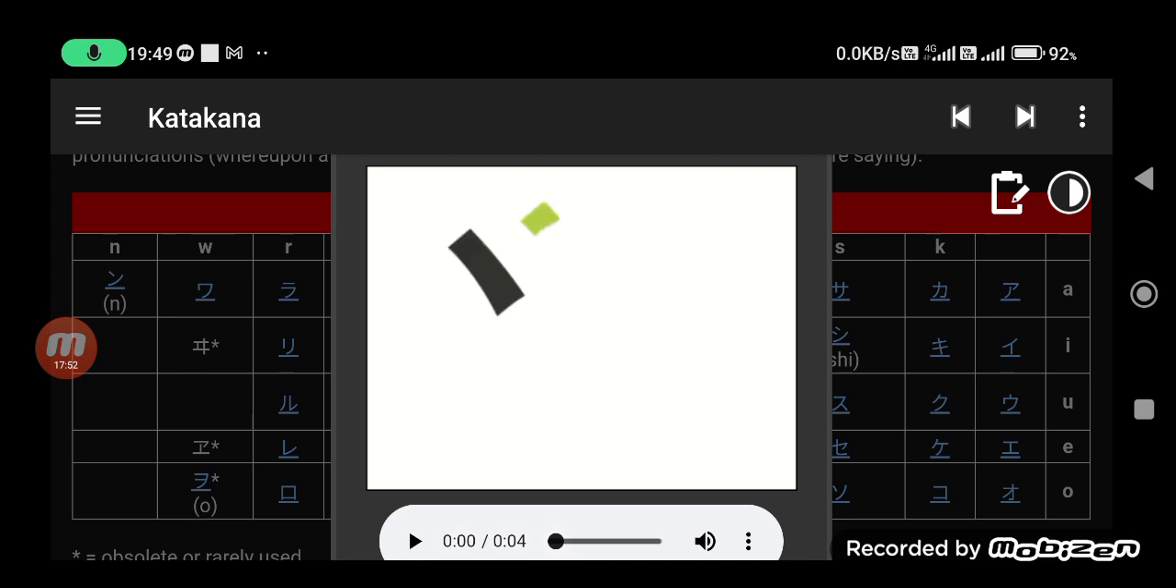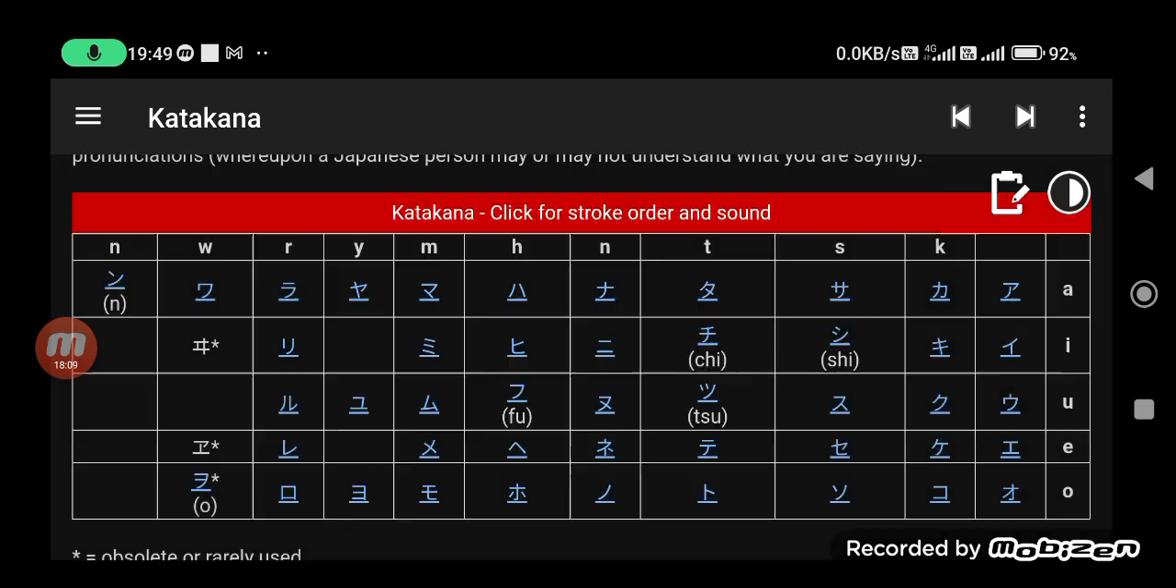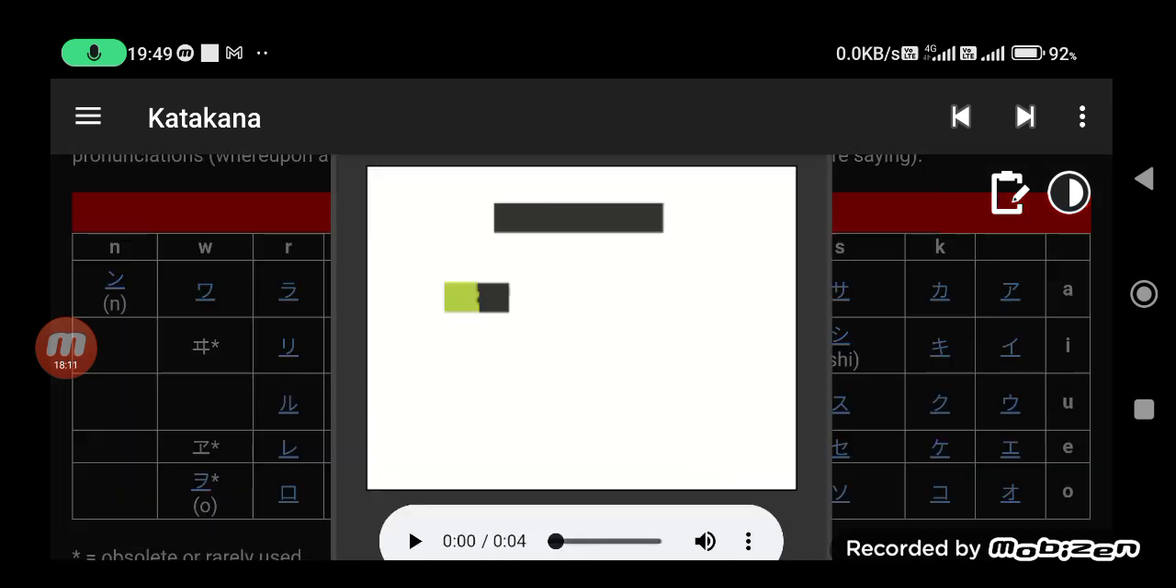You notice the third stroke. It's again not from left to right, but right to left. But generally the order is from left to right. 1, 2, 3. See? And then the te. Just like in terebi. Fuji terebi,